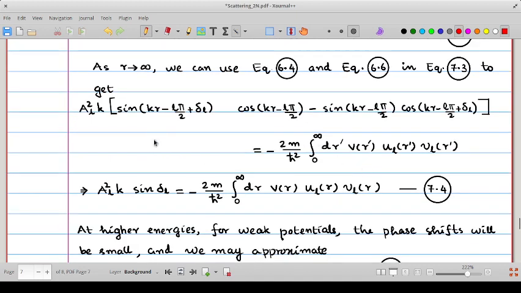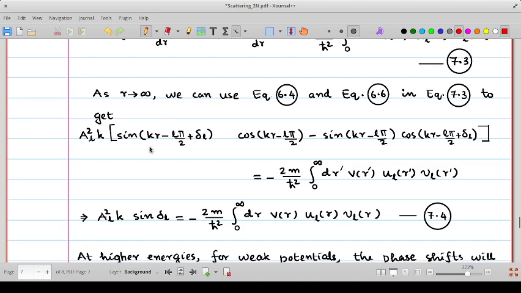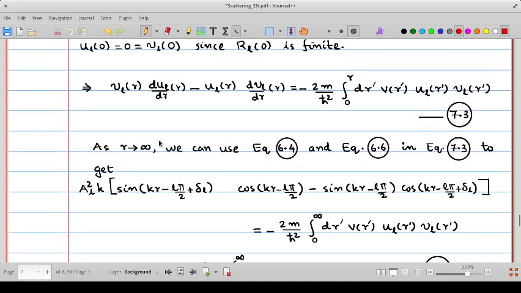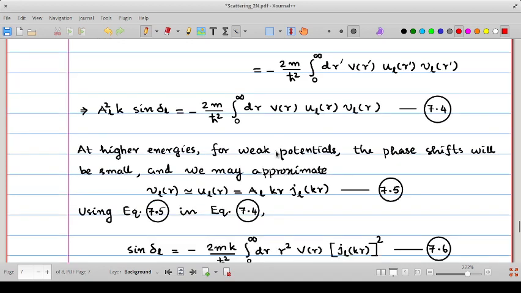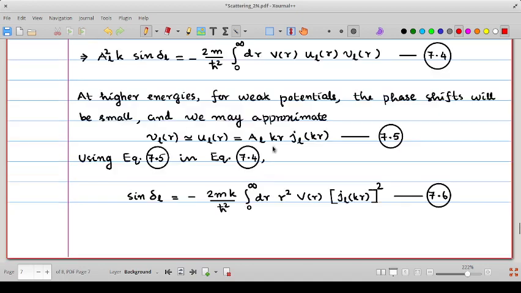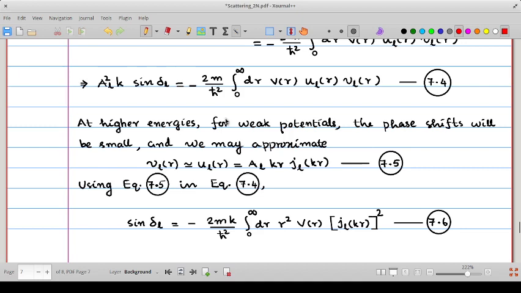And this is because on the left hand side we are taking the R tends to infinity limit, and therefore on the right hand side the integration can be extended from 0 to infinity without affecting the integral much. Now at higher energies and weak potentials, that is for larger values of L and for smaller values of the potential, the phase shifts will be very small,